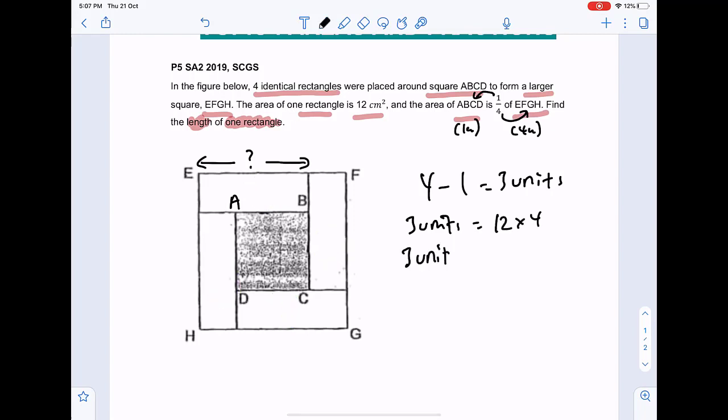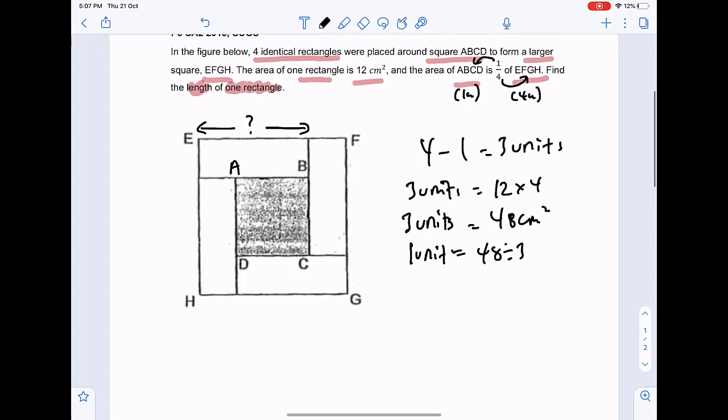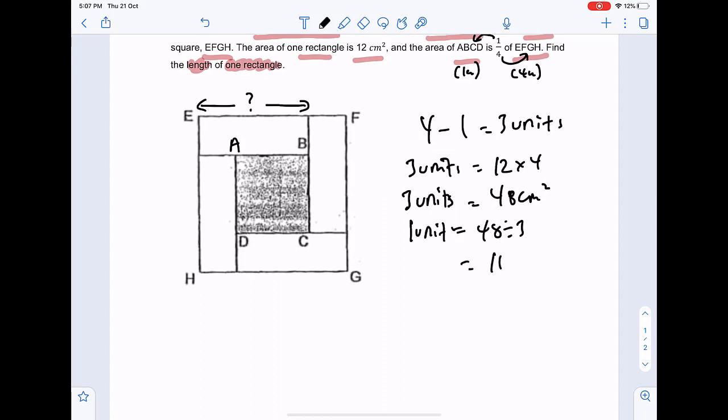3 units, 48 square cm. So we find 1 unit, 48 divided by 3, which is 16 square cm. Alright, and with that, we will be able to also know what is the area of this square here, which is 1 unit, right? And that is 16